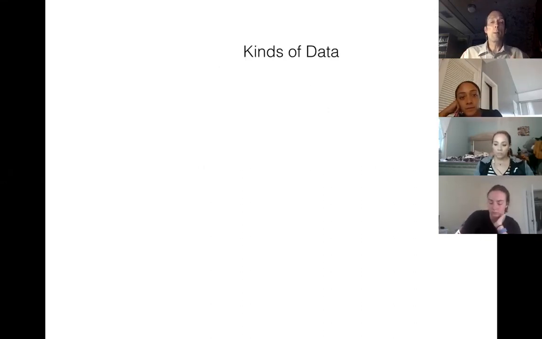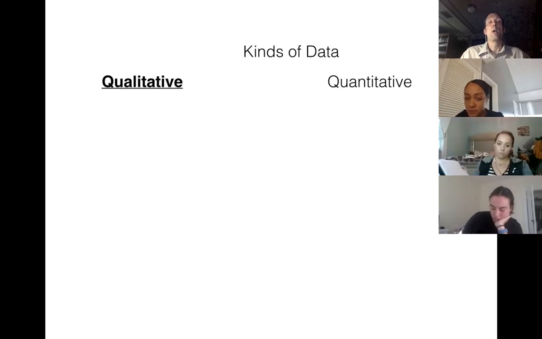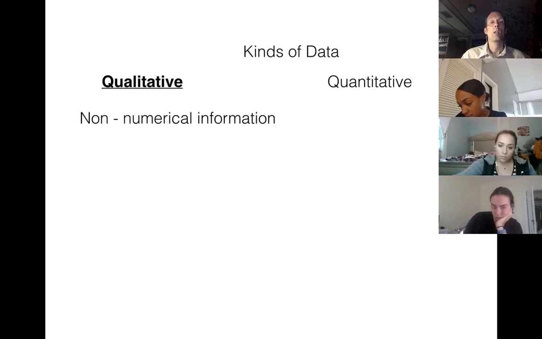When you're talking about populations and samples in statistics, we get different kinds of data. We get qualitative data and quantitative data. These will definitely be on the test. This is important. So of the two, how do you know the difference? What is the difference? Qualitative data is any information that's not numerical. Even though we're doing statistics, it doesn't mean that every single thing has to be a number. You can have stuff that's alphabetic.